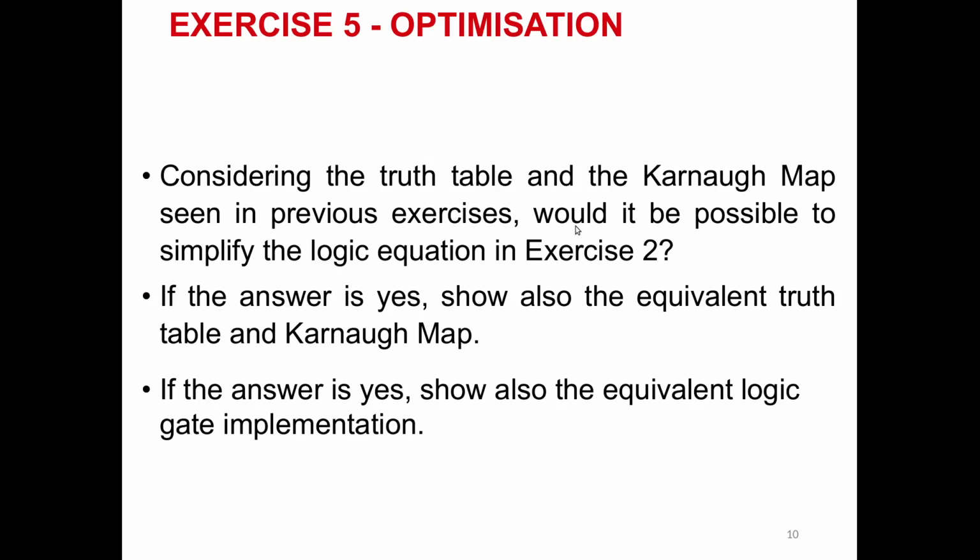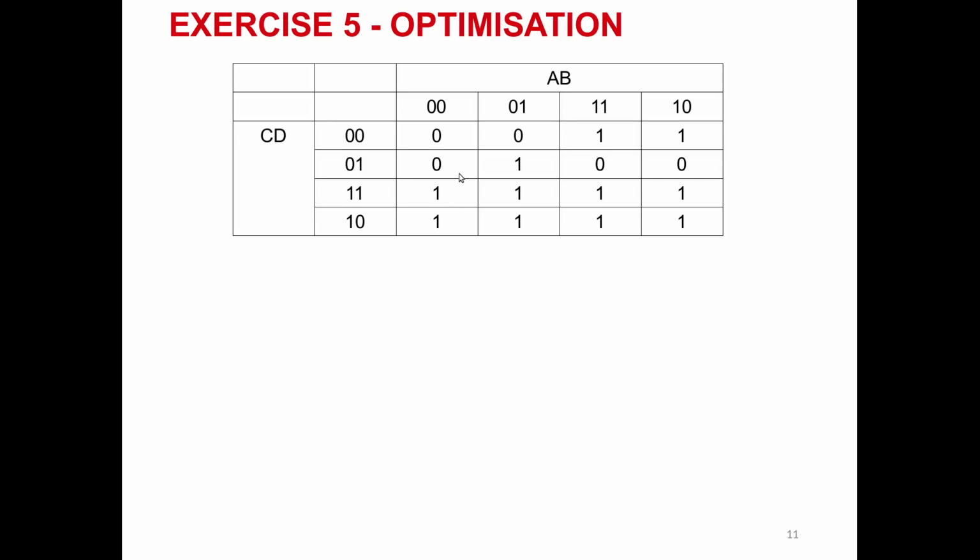Instead we will go into the detail of the equivalent logic equation, the optimized logic equation for exercise 2, together with the logic gate implementation. So now here we come back with our Karnaugh map with 4 input values of A, B and C, D here. We know that in order to implement the function with Karnaugh maps, we will group all the